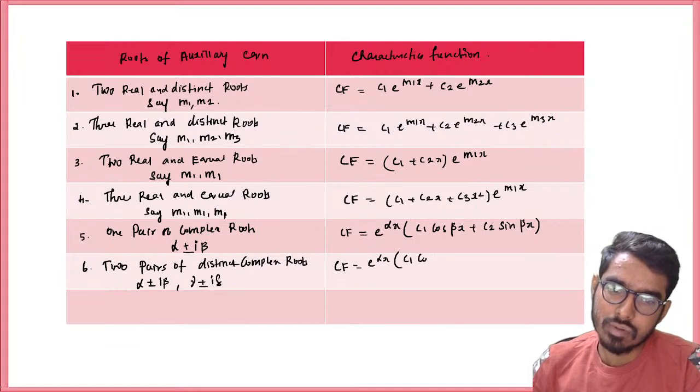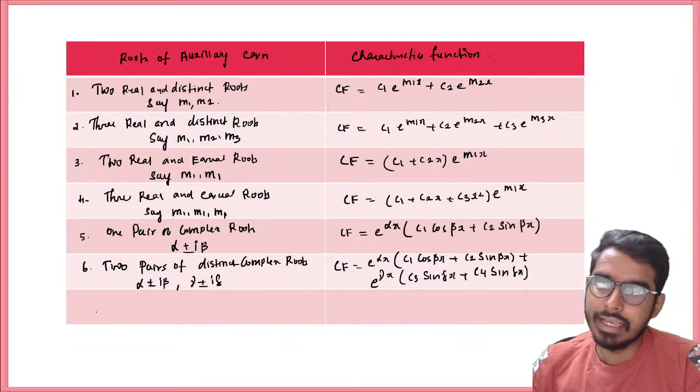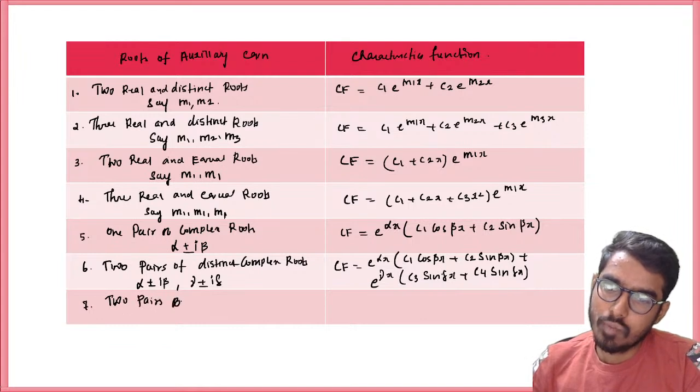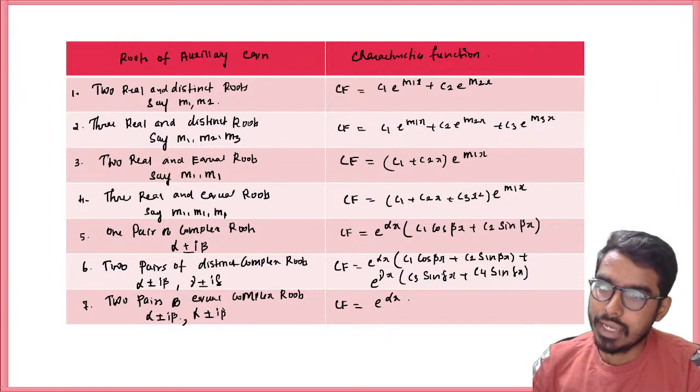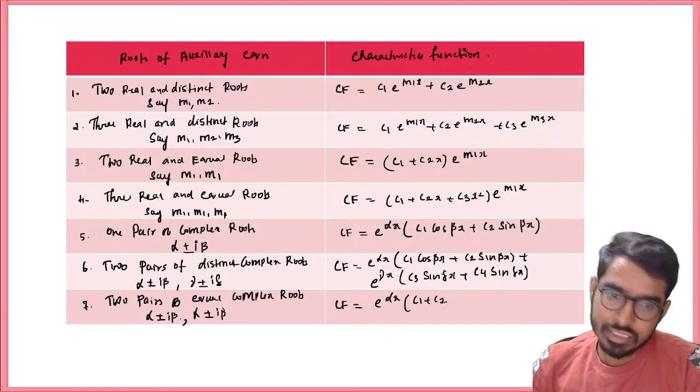e power alpha x, c1 cos beta x plus c2 sin beta x, plus e power gamma x, c3 cos delta x plus c4 sin delta x. The last case is if you have two pairs of equal complex roots, alpha plus or minus i beta. In that case, your complementary function is e power alpha x, c1 plus c2 x